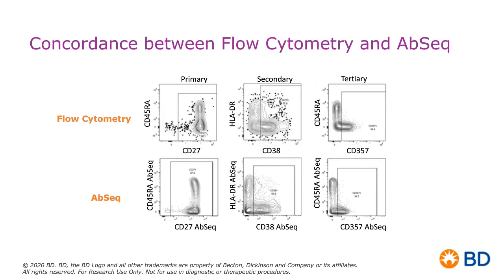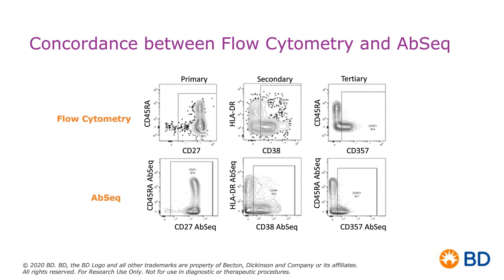So what does that data look like? You know how I mentioned we have the ability to analyze our data in FlowJo? Well, on top is flow cytometry data looking at cells that were stained with fluorochrome conjugated antibodies, looking at primary markers, secondary markers, and tertiary markers. And we're familiar with this top row of bivariate plots, right? This is what we expect to look at when we look at different cell populations. I can look at my expression of CD45RA versus CD27 or CD38 information, or even a tertiary marker such as